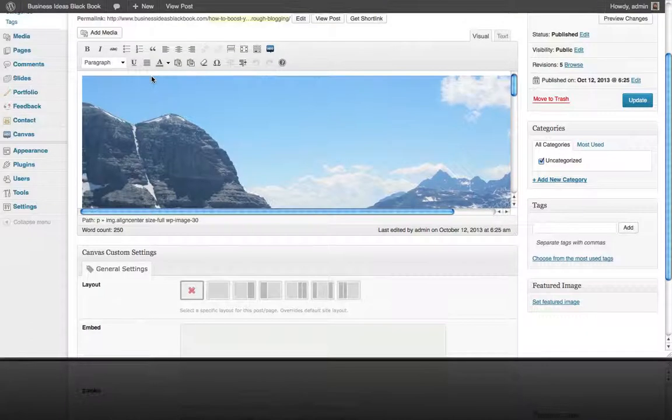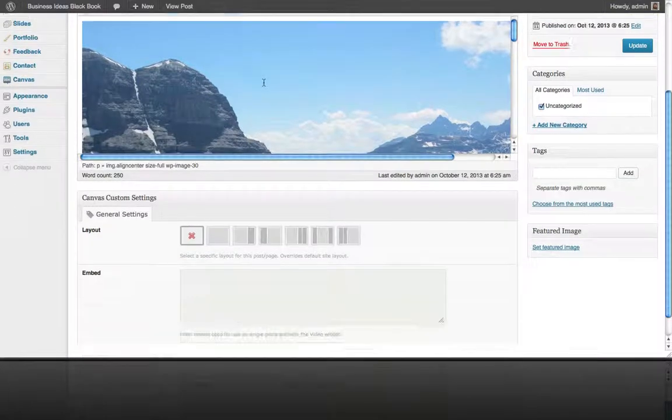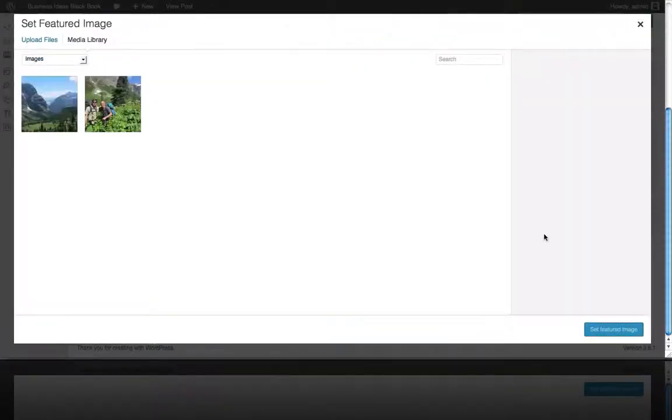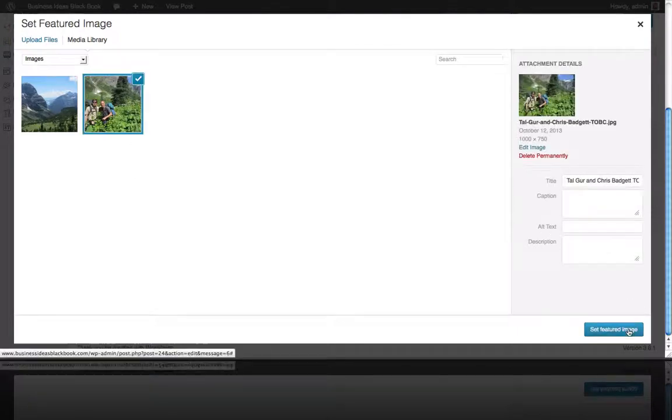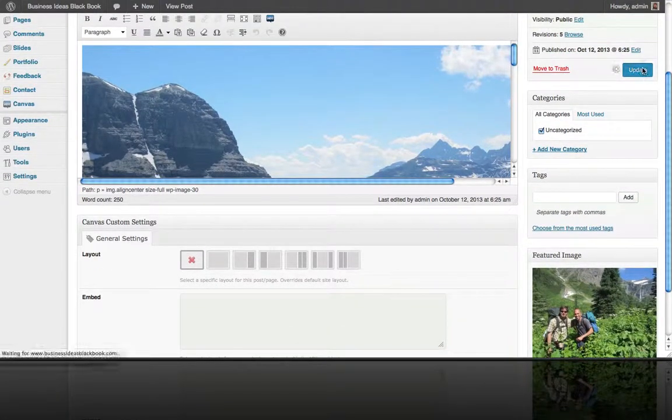And another option here is, for this particular theme, your theme may have this option too, we can use this function down here called the set featured image, and I'm going to use this one, set featured image. I'm going to click update,